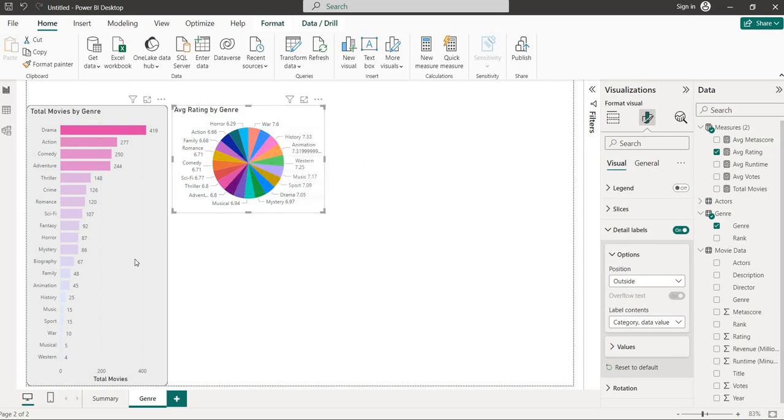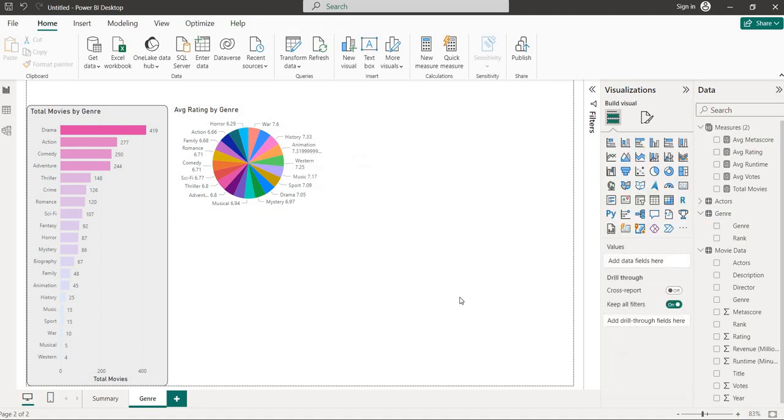So the number also matters, because fewer movies and high ratings will give a higher average rating. So might be this is the reason, looks like. And horror 6.29, and the movies made on that are 87. So generally people are not liking such movies, looks like. Action 6.66 and 277 movies, also might be the reason for the average out. Okay, so like this, with the visualization we can understand what the data is showing to us.